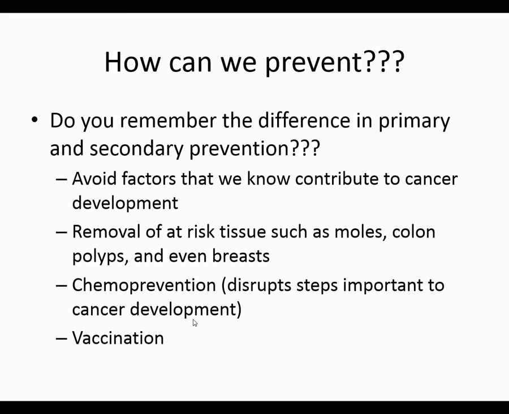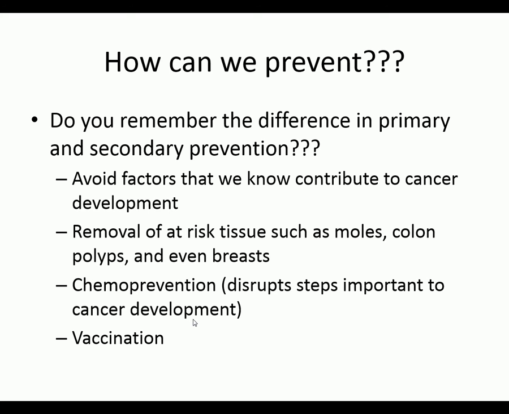So what can we do to prevent this cancer development? Do you remember the difference in primary and secondary prevention? I'm sure y'all do remember. Avoid factors that we know contribute to cancer development. Removal of at-risk tissue such as moles, colon polyps, and even breasts. Chemo prevention, which disrupts steps important to cancer development, and that can be done through drugs, chemicals, natural nutrients, and other substances. And then vaccination, that's talking about things like the Gardasil vaccination